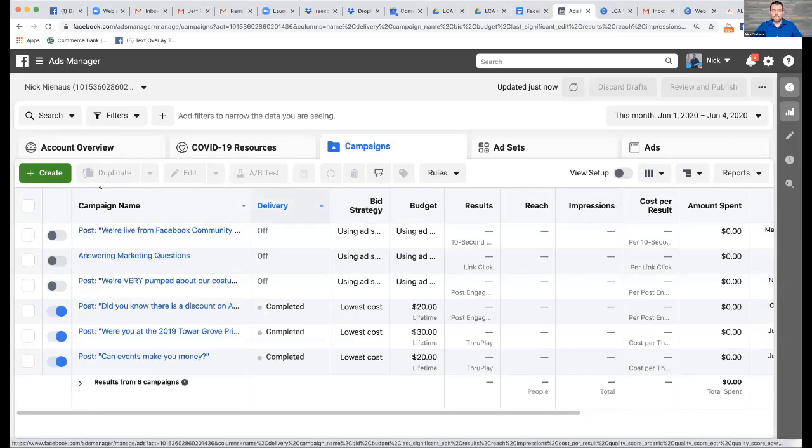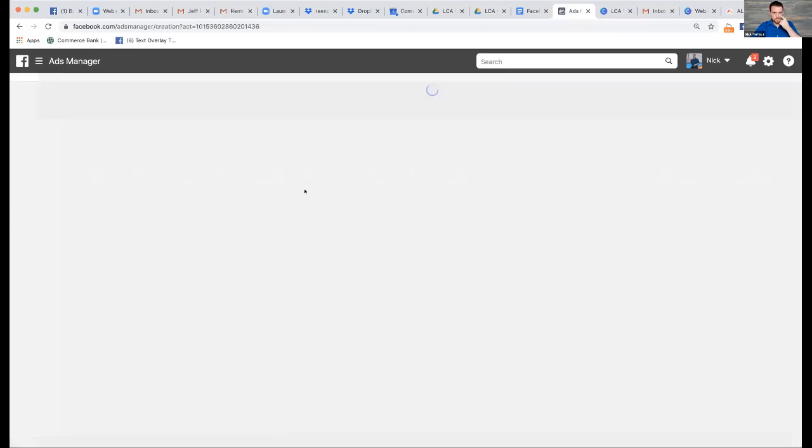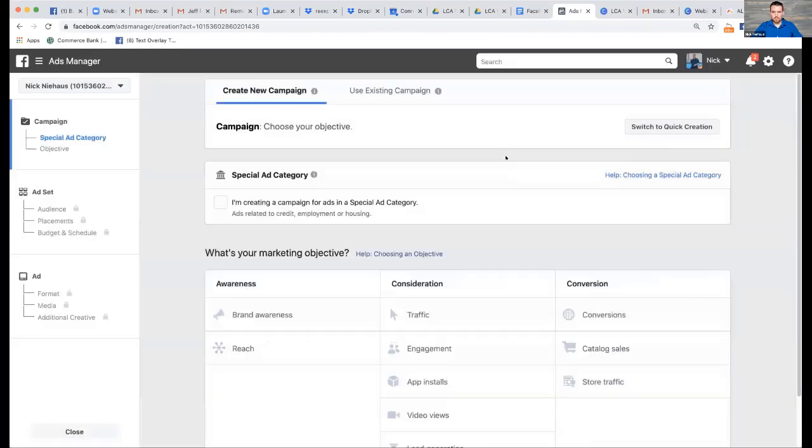What we're going to do to create a campaign is click on this button here, Create. And this opens up, I'm going to close that because that was from a former ad. This opens up the first step, okay? Now the first thing you have to do here